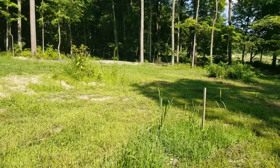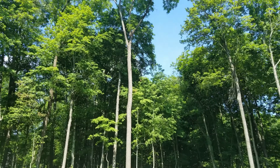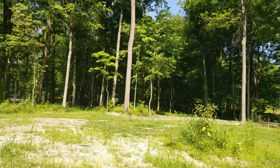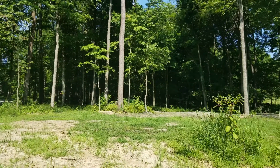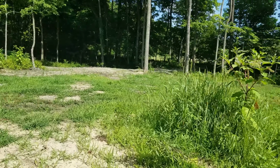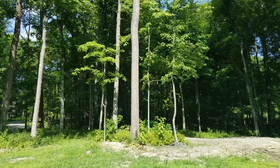But anyway, as you have seen in prior videos, and I can link some of those above, we were out here clearing this house lot and really did not want to have to take down that monster of a walnut tree. Absolutely beautiful tree, but as we started staking out the house, and you can see some stakes kind of floating around here, we realized that the top of this tree is going to be hanging out